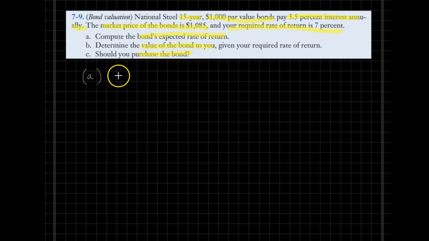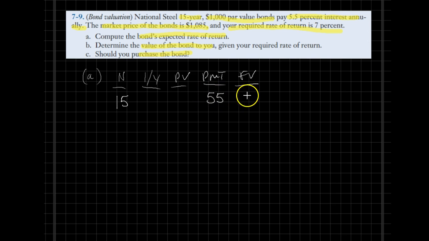So we will just write down the third row of our financial calculator as usual. The bond is a 15-year bond. As I said earlier, it's a 5.5% interest bond, so 5.5% of $1,000 would give us $55. The face value is $1,000. The question is asking for the expected rate of return, so that's the question mark here. And finally, the present value would be simply the market price of the bond, in this case